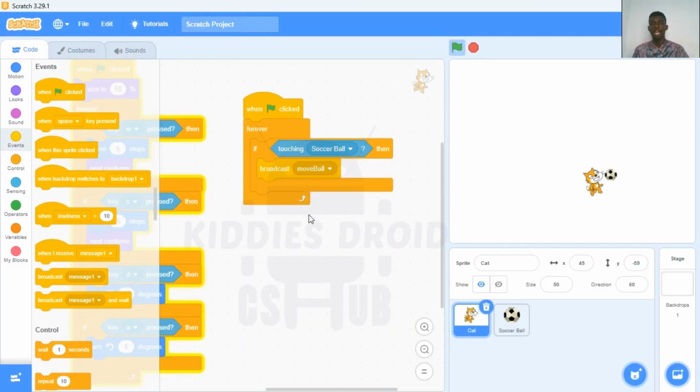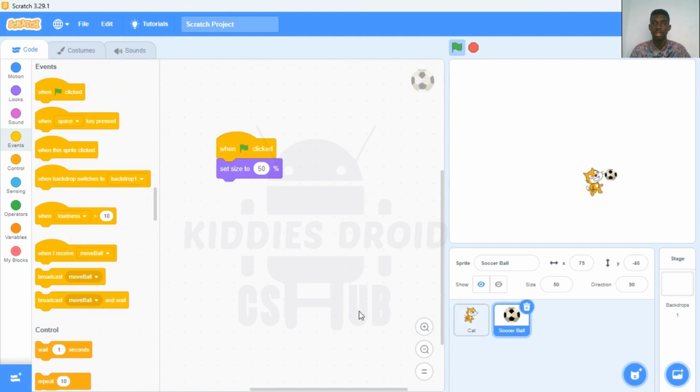Move ball is just responsible for moving the ball, but the cat cannot control when the ball moves. That is why we have to go into the soccer ball and say: